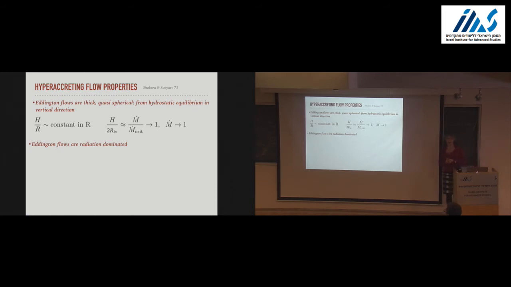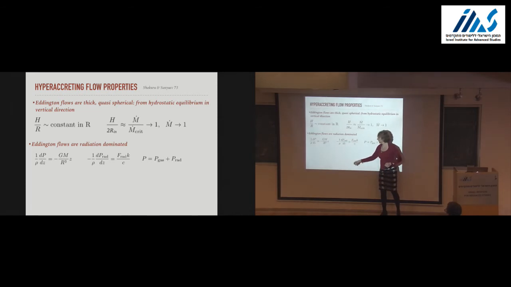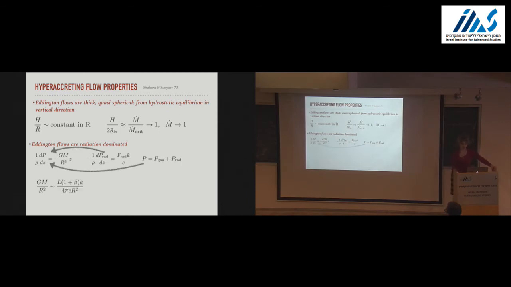Then hyperaccreting disks that are accreting close to the Eddington critical value are radiation dominated. You can see it this way. This is the hydrostatic equilibrium in the vertical direction, where P is P gas plus P rad, the radiation pressure. Then we remember that the radiation force per unit mass is the momentum flux times kappa, the opacity. We derived that before. And so if I plug everything in, I obtain this,